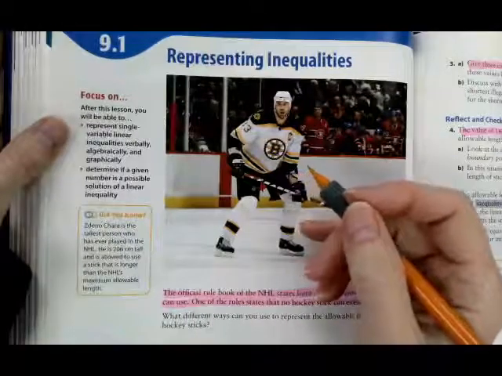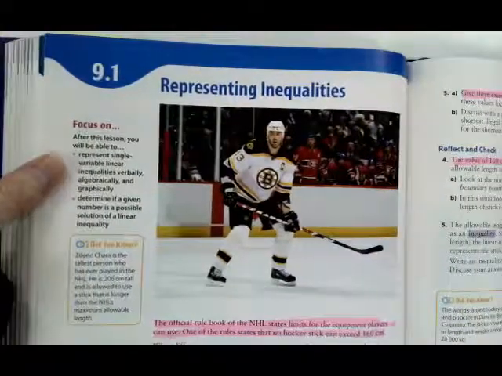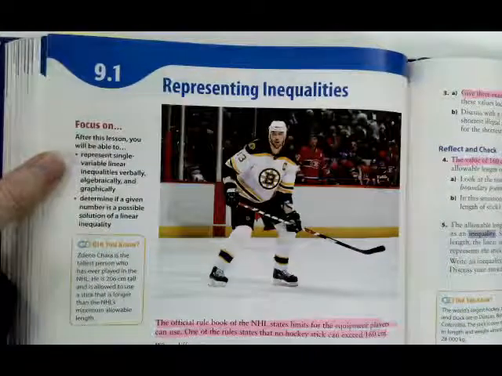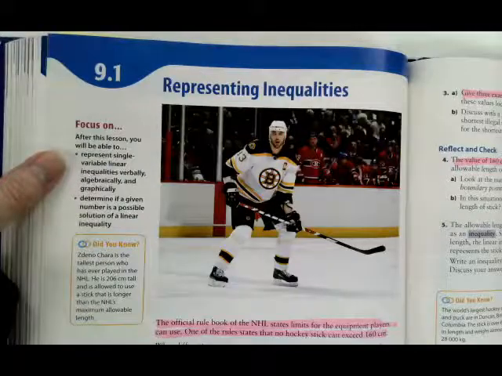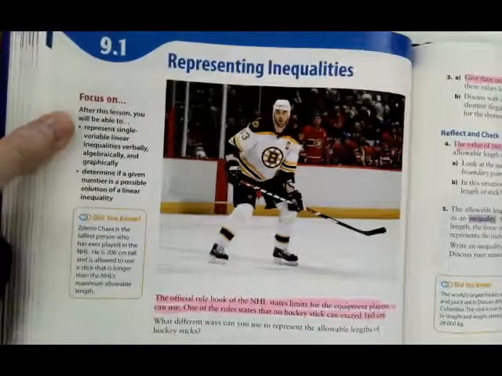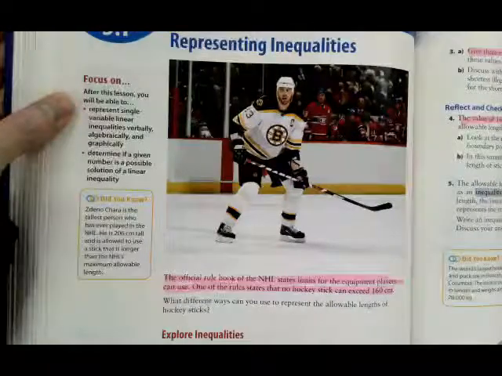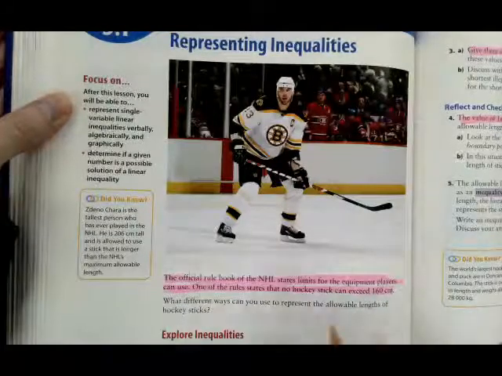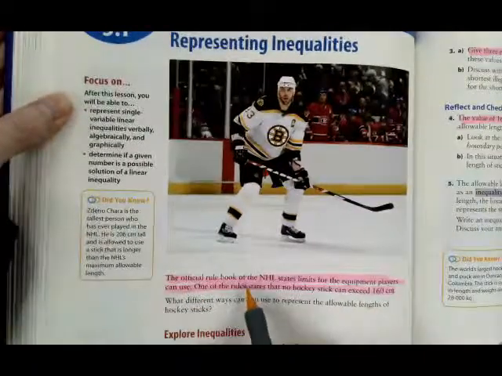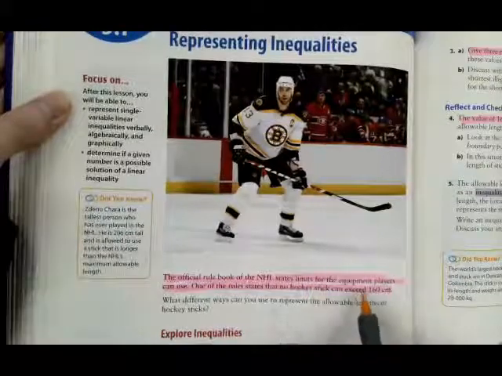Okay, Math 9. Here we go with Chapter 9. This is Representing Inequalities, Section 9.1. Just follow along with me in your book and write down some notes when we do examples, and you will love this. Okay, so it starts: the official rulebook of the NHL states limits for the equipment players